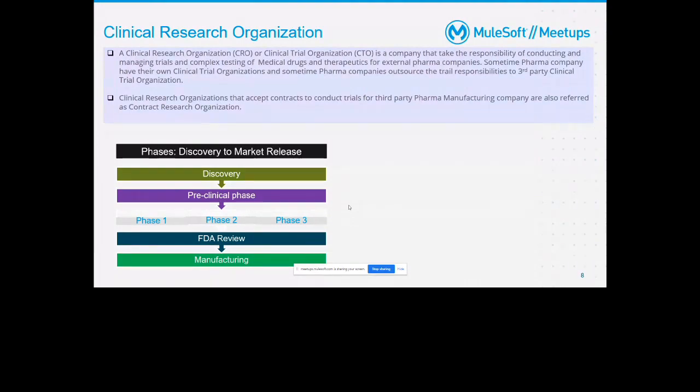Initially, clinical discovery happens. Some research and development department comes up with a new medicine or new drugs, and then in the preclinical phase they test those drugs on laboratory animals and do some kind of safety measurement. Once they submit that result and get approval to do the trial on human beings, the clinical trials